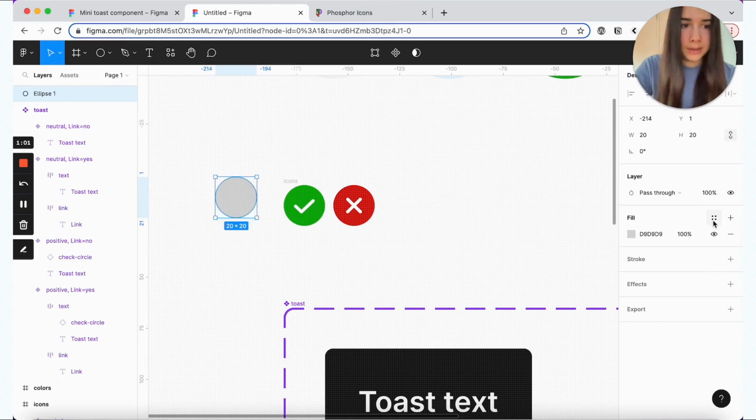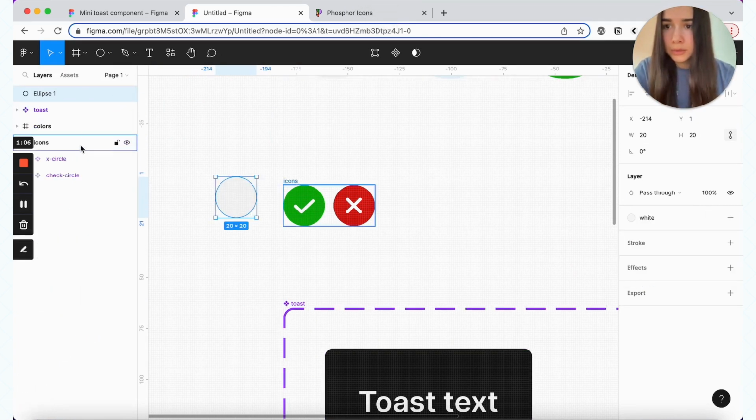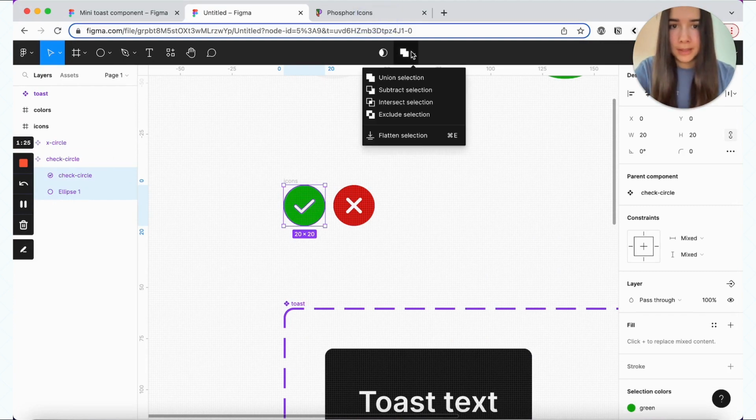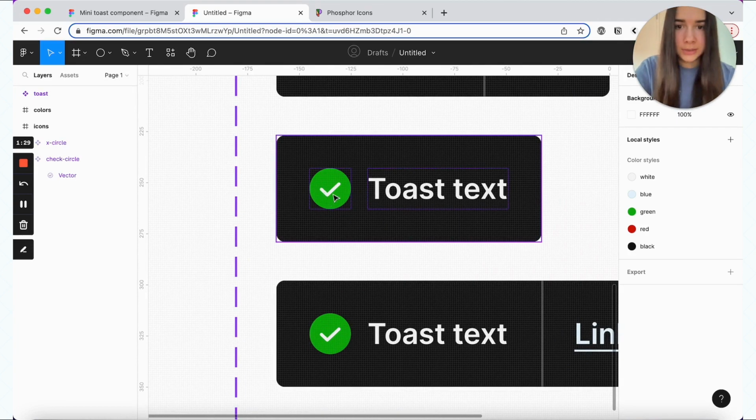And then I'll give it a background of white. And I'm just going to drop it inside our check circle. So right here. And we'll bring the actual icon to the top. And from here, what I want to do is combine this and flatten. And now, as you can see, I do have the white background here.